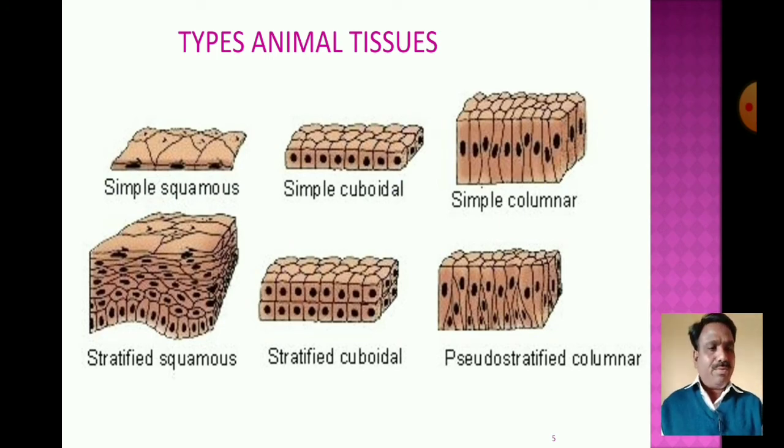Before that, you should know about the stem cell. A stem cell is a mother cell, the body's mother cell, which produces the different types of cells. Then the organization of the cells forms the different types of tissues: simple squamous tissue, simple cuboidal tissue, and simple columnar tissue. These different types of animal tissues are present in different animals. Then we go to